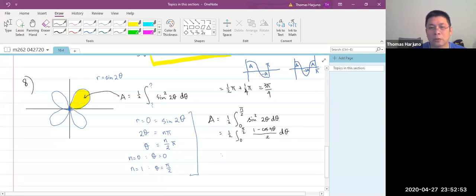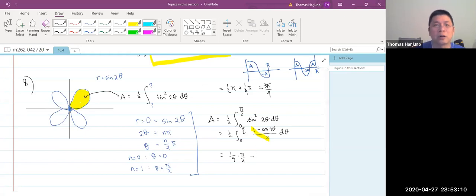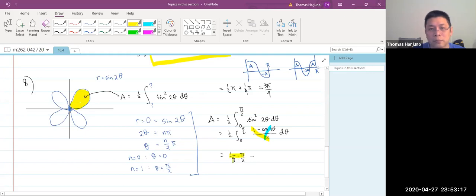Notice that the first term will give us 1/4 of pi over 2, minus the second term, which when you integrate will give us 1/4 times